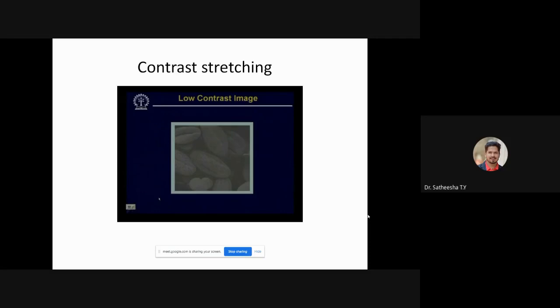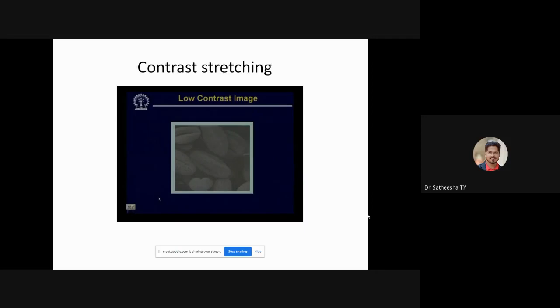So for a dark image, the processing technique which is very suitable is called contrast stretching. In this figure we can see a dark image. Here we show an image which has very low contrast. You find that the contrast or the intensity of the image is very poor, and the overall appearance of the image is very dark.